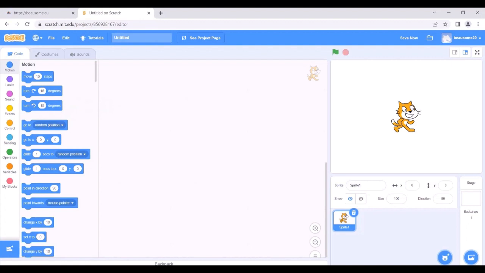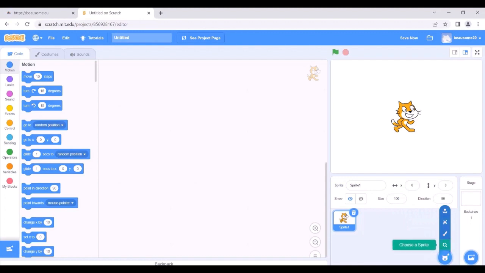Now for the stage area, we have this character. This character is called sprite. So we can choose another sprite by selecting this icon here, choose a sprite. If you select choose a sprite, we can see some options like choose a sprite, paint, and upload sprite.